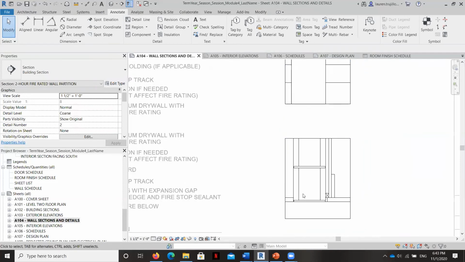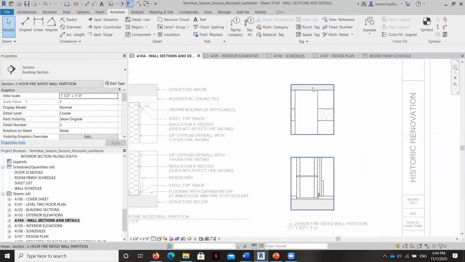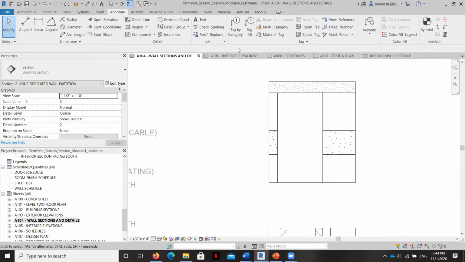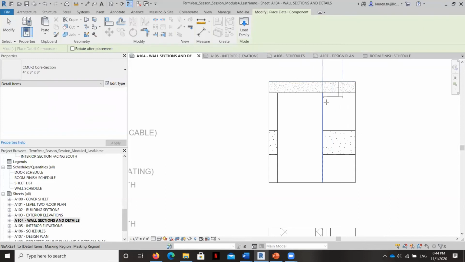Okay, so that's your section view at the bottom, and then on the top it's going to be the same. We're going to have that detail component, and we'll go ahead and place it this way.